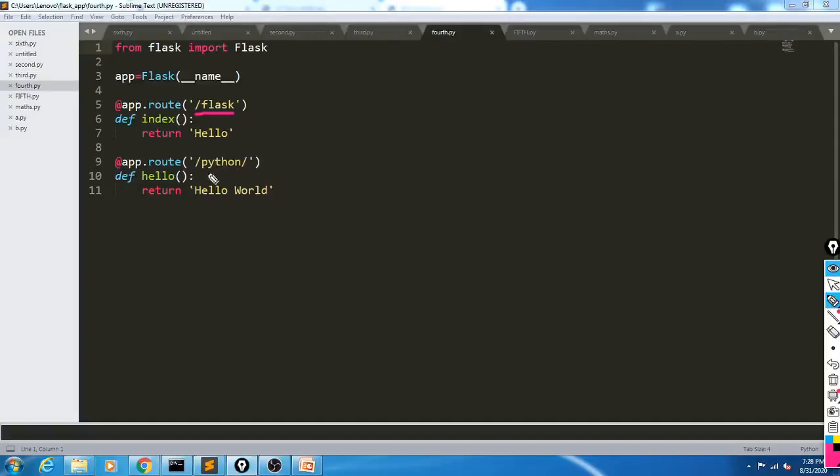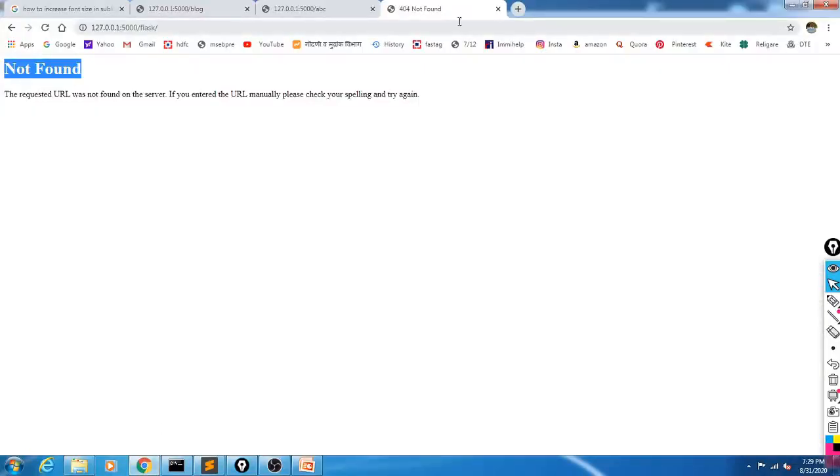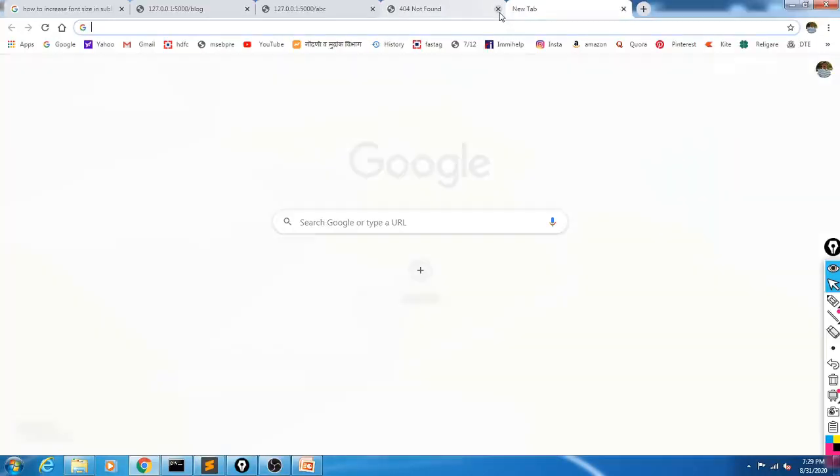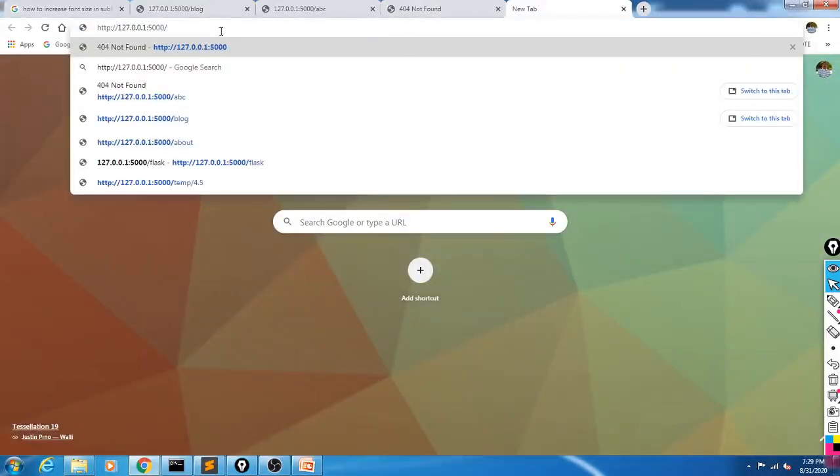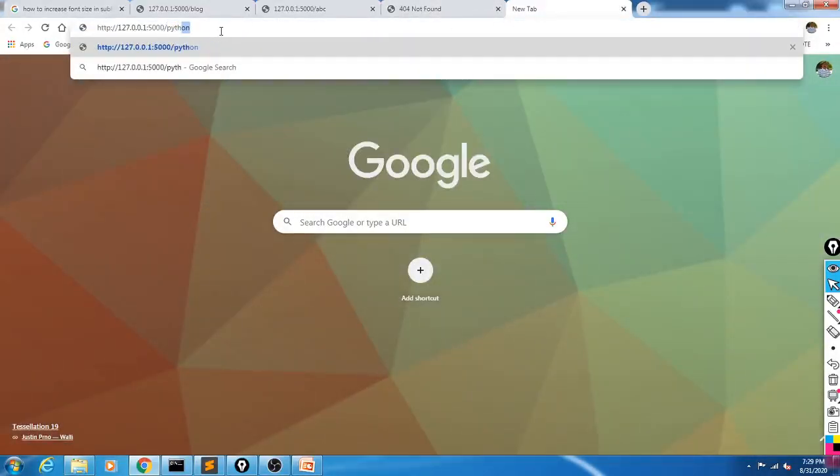Okay, but when we execute slash python, what happens here? Look here, the same URL is there, we can copy it. Okay, and right here python. So when we write this URL, it gives you the URL like this, slash python slash, and it returns the output hello world.